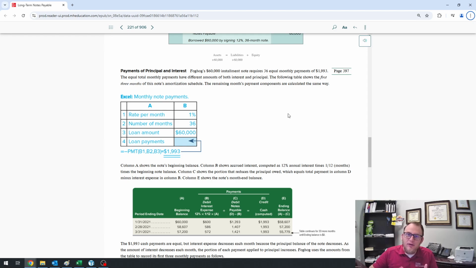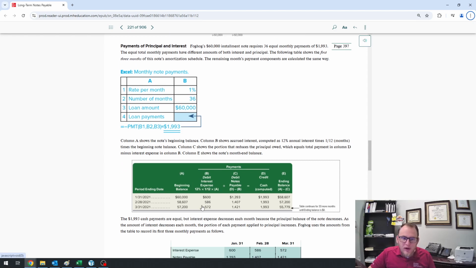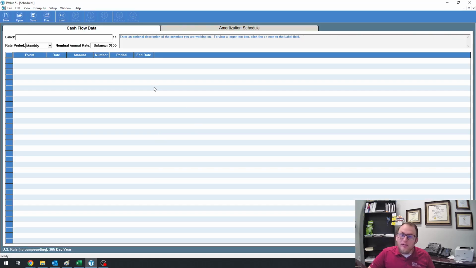Now, when it comes to payables like this, where there's an installment note, a lot of times an amortization schedule is run, and an amortization schedule lists out all the payments that are made, how much is going to be principal, how much is going to be interest. And so rather than calculate all this by hand, there are programs that will run this for you. So we have one here in the office,